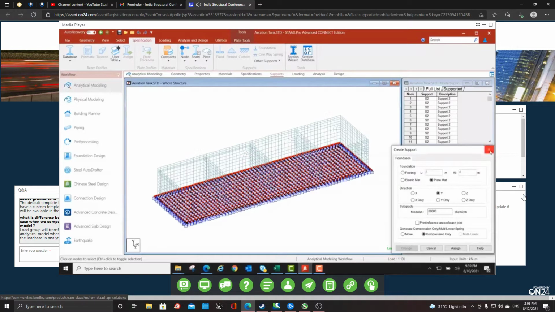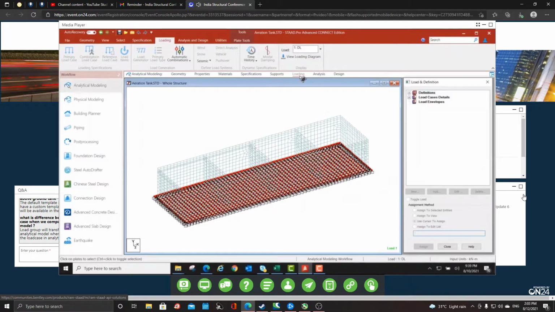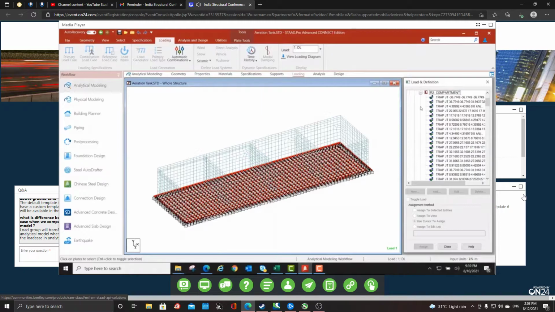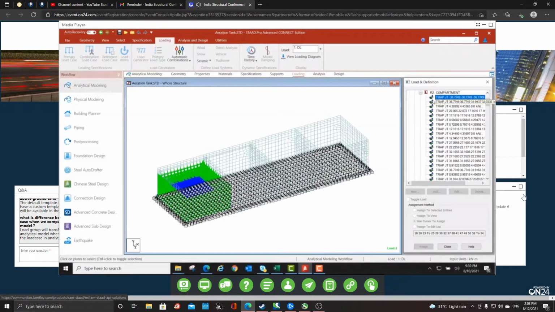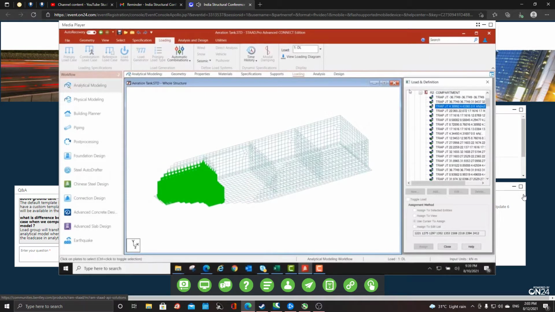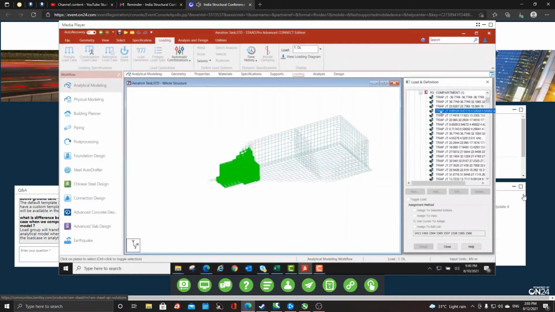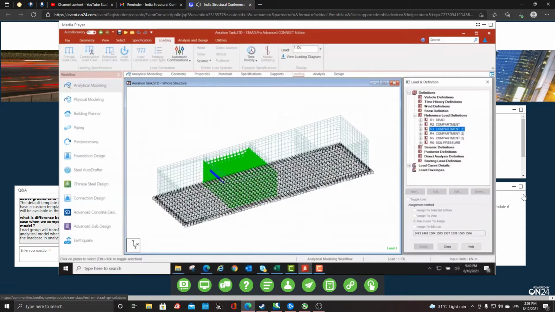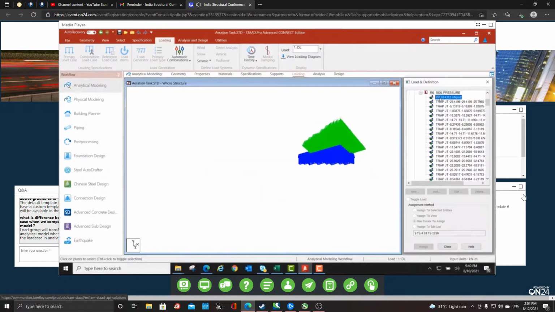And then the important part is to verify the loadings that we have generated. So we have generated some load groups in physical modeler that will be transferred as reference loads here. So we have the hydrostatic loading in the various compartments. So in compartment 1, we have a trapezoidal load, and we have the same hydrostatic loads in compartment 2, 3, and so on. And also we have applied a lateral earth pressure, and since it's a submerged condition, the program